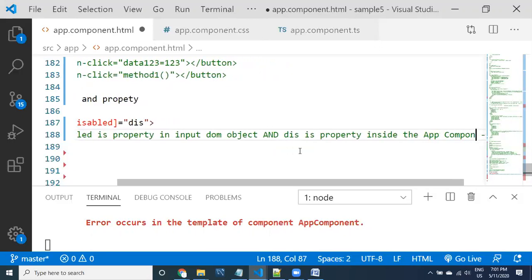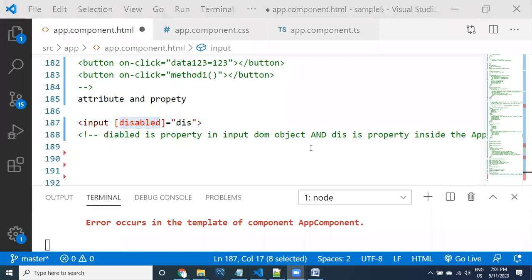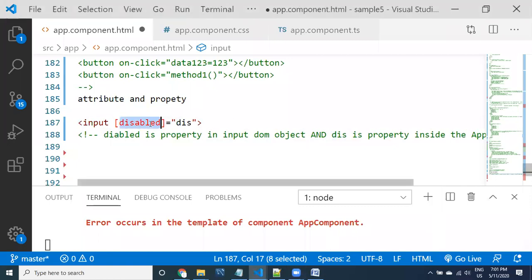See here guys, there are two properties. This is one property, and disabled is another property, but this property is available in the component. In which component? We are in HTML, right? So this is in the HTML component.